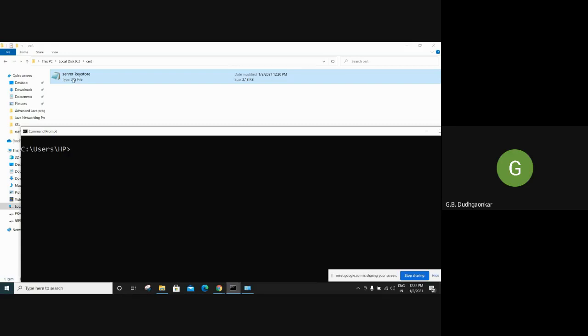Then the client sends that certificate to the CA, that is certificate authority, a third party tool. That will verify that the server certificate is good. Okay, you can trust. And then the client can send its own certificate. That is also checked in two-way communication by VeriSign or Symantec, a third-party tool, that is CA. Again, that CA tells that the client certificate is also okay, you can trust him. And then the handshake can be established, and then secure communication can be established, and then the private key can be shared. So this is the way how SSL works.